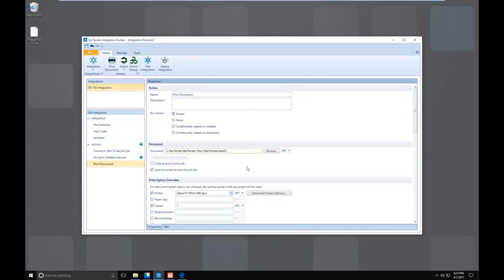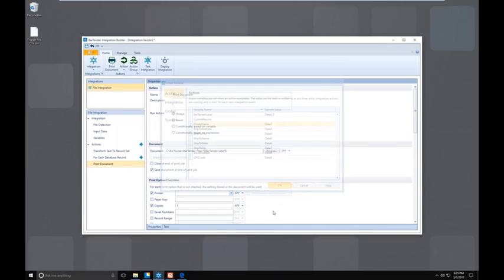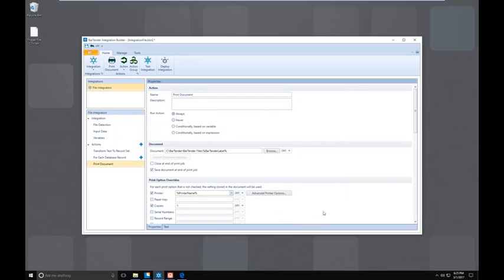And you can recognize those throughout your integration by taking note of the % before and after the actual variable name. So we can do the same thing for the printer. We can erase the printer name, click on our blue X, go to the variable that contains the printer name, and go ahead and hit OK. We now have a dynamic printer as well. Scrolling down,